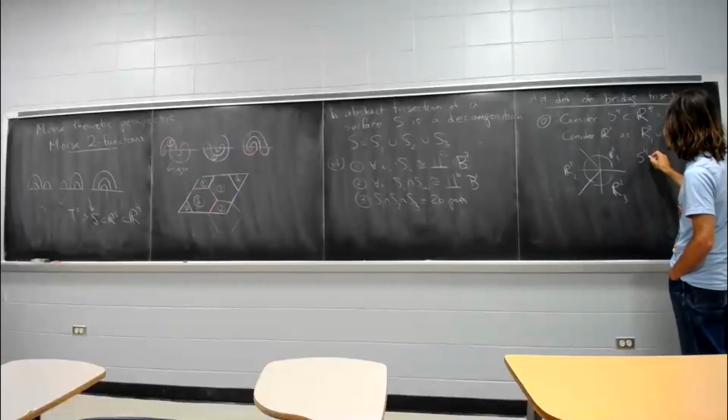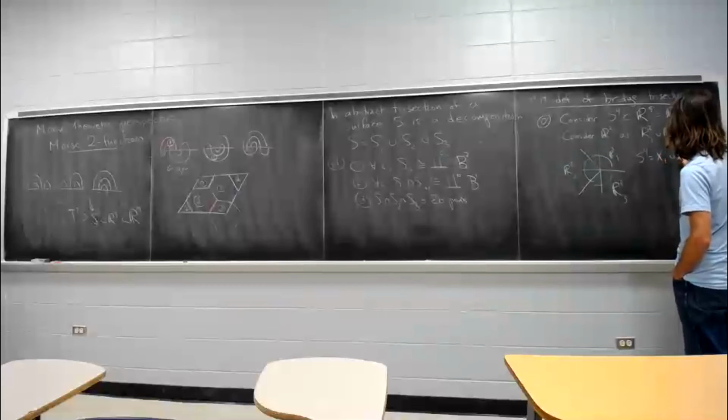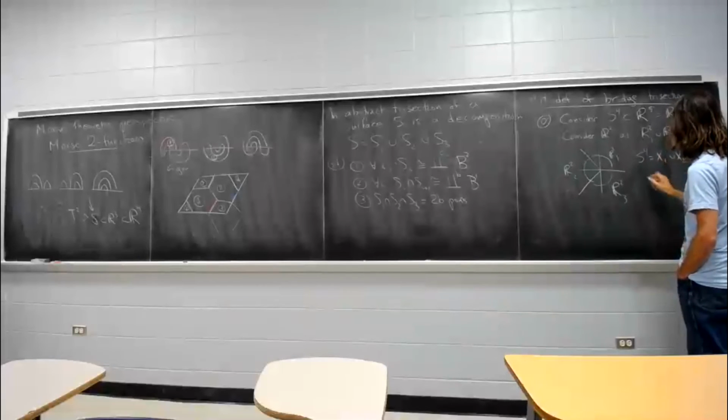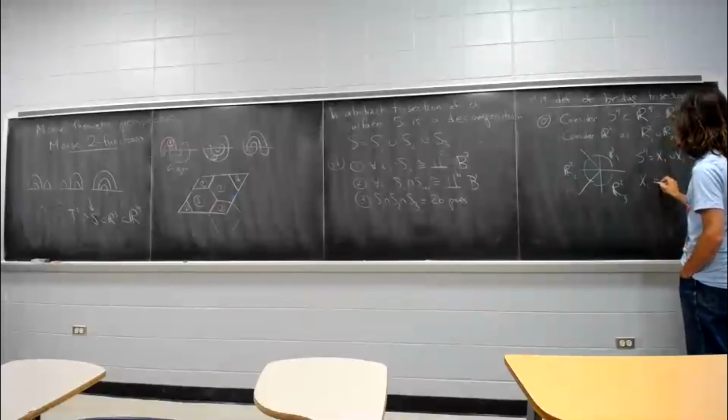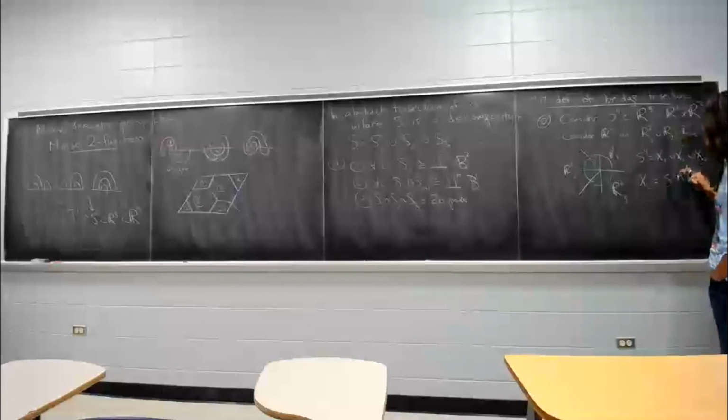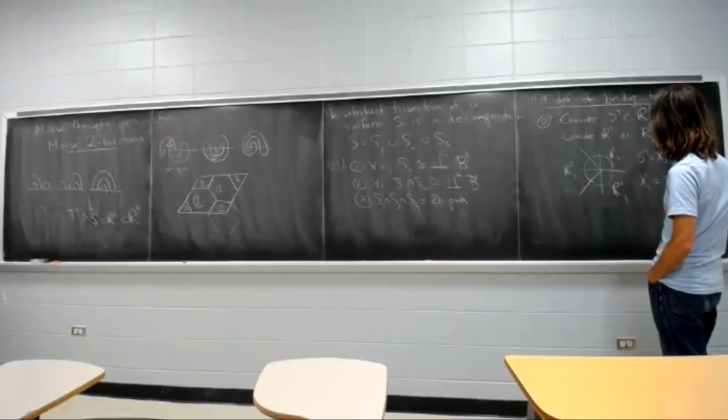Then S4 you can write as X1 ∪ X2 ∪ X3, where Xi is equal to S4 intersected with R2i, 3 pieces. I claim that